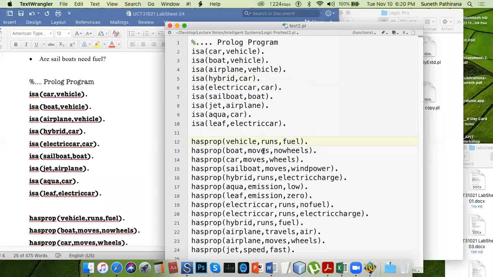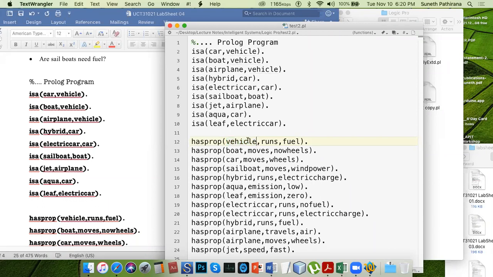So again I define another user defined function, has prop. That means has property. Has property vehicle. I define it with 3 parameters, so 3 arguments.